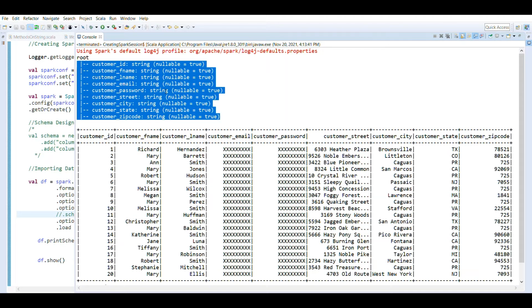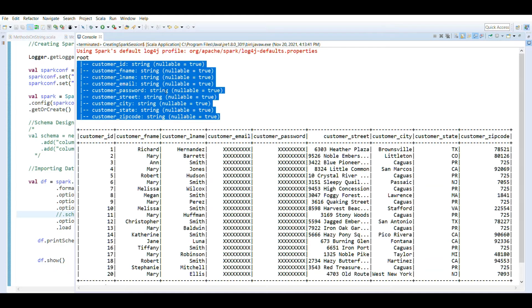Suppose it contains 9 columns and Spark itself has inferred the schema, so we are able to see our data in the form of 9 columns. But if we put our own schema on it, if we design the schema ourselves and put it on that data,